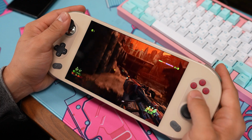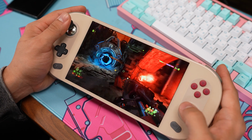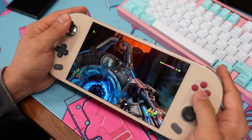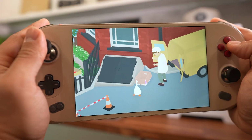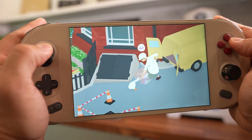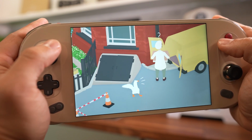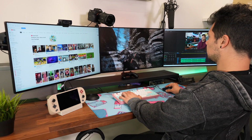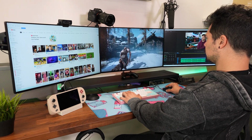It also has a Ryzen 7 6800U, which is rocking that RDNA 2 architecture, so it's got a 680M Radeon graphics. And when you're using it in handheld mode, the screen is 7-inch, 1920 by 1200, but I would scale it down to like 800p if you really want to get over 30 FPS in a lot of the more demanding games. It can do like 60 FPS in really light indie titles, stuff like that, maybe a few esports games. But where this device really makes sense at $1,100 is when